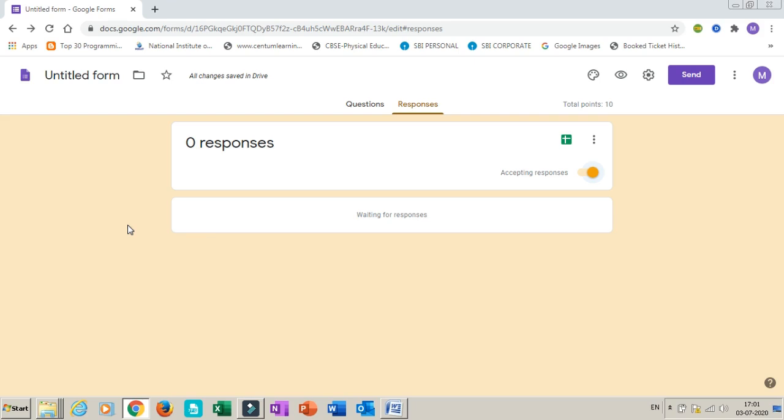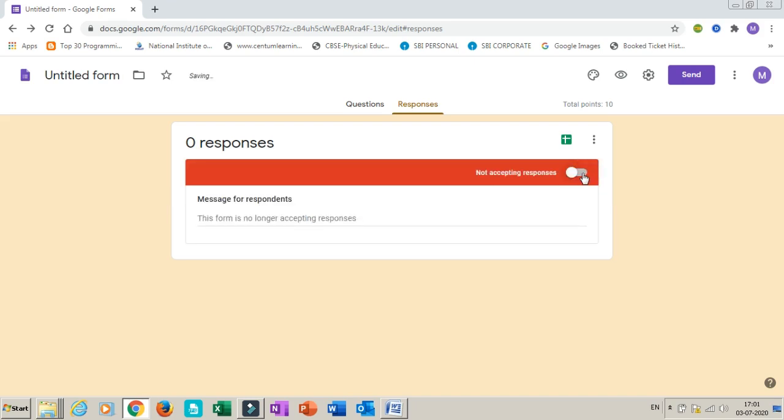So at 8 o'clock I have enabled this option, that is accepting response. So at 8:30 this response has to be disabled. Sometimes the teacher may forget it also. So I want this Google form to automatically disable at 8:30.